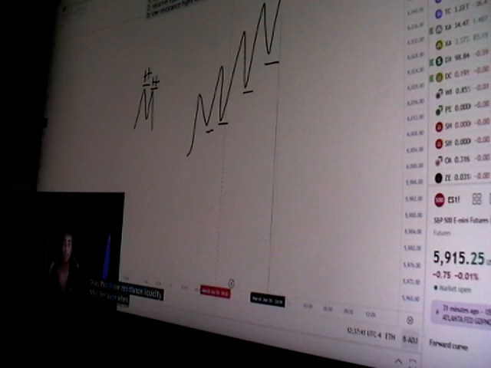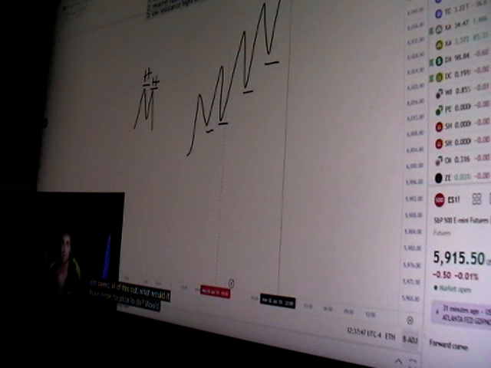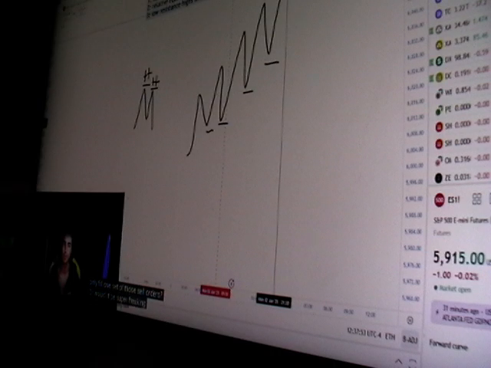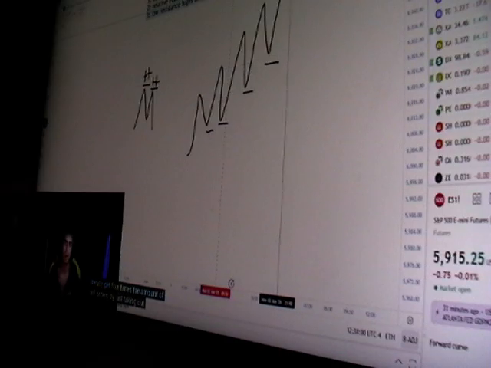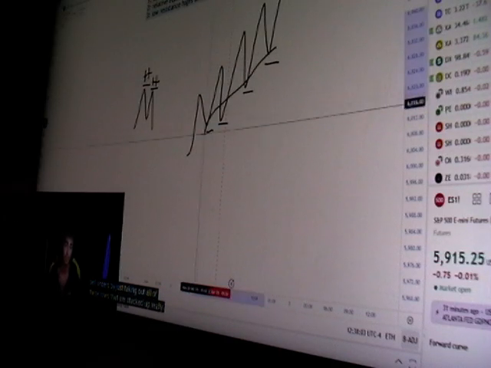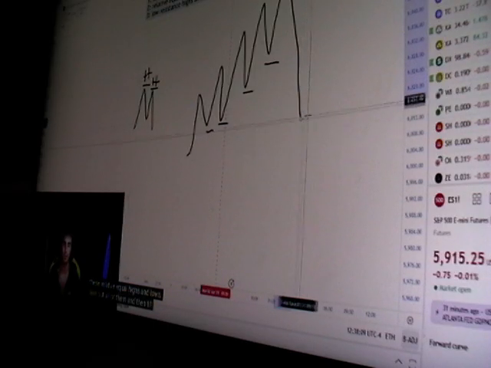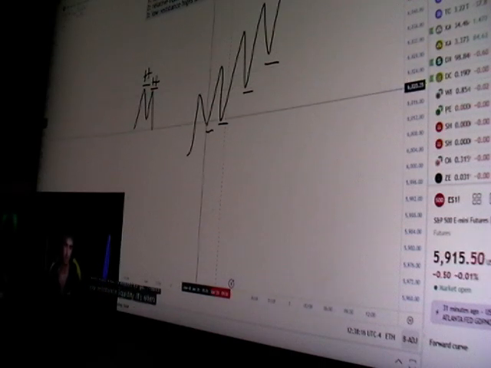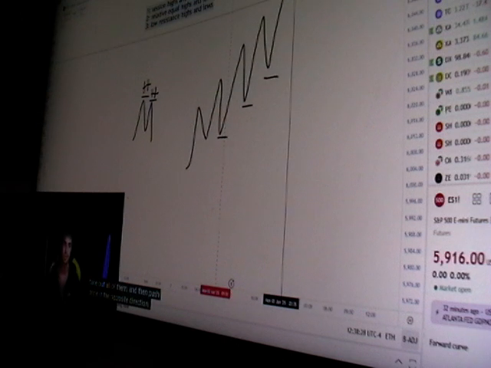Why? Because when price wants to go down and sweep all of this out, what would make sense for price to do? Would it make sense for price to just go down and only fill one set of those sell orders? Or would it be super easy for price to just say, we could literally get 4 times the amount of sell orders by just taking out all of these lows that are stacked up really close to each other, just like these relative equal highs and lows, take out all of them, and then fill literally 4 times the amount of buy orders to push price in the direction that it wants to go. That's low resistance liquidity. It's when we're within an uptrend or a downtrend, and we have lows or highs that are stacked up against each other, where it's super easy for price to just come down, take out all of them, and then push price in the opposite direction.